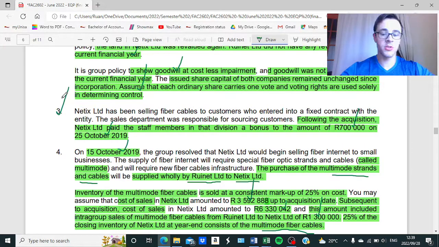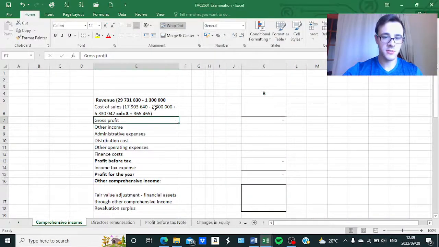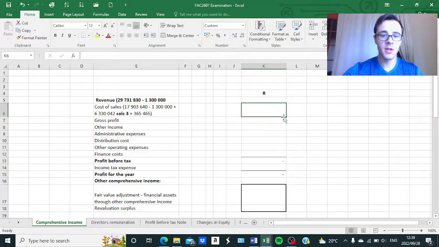Okay, we will also be able to calculate our value for cost of sales for the group. Okay, because there will be nothing else affecting cost of sales for the group, because we have dealt with the intergroup sales and we have dealt with the unrealized profit included in closing inventory. So your cost of sales for the group